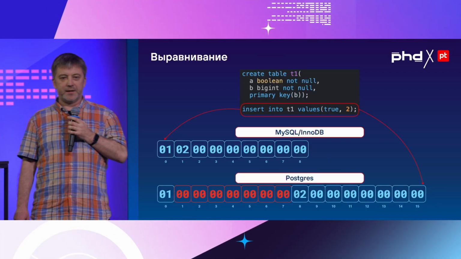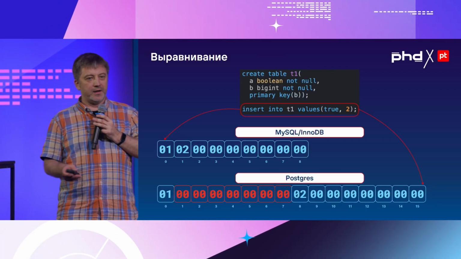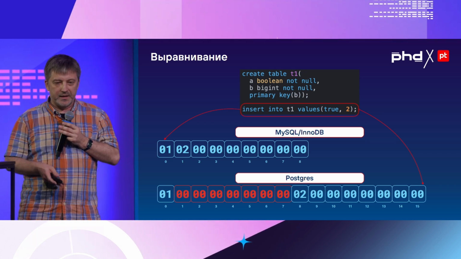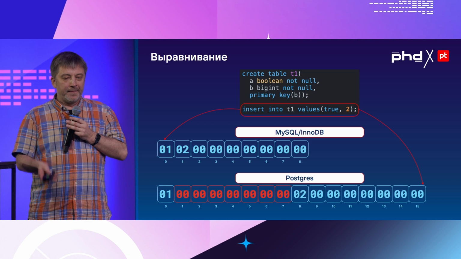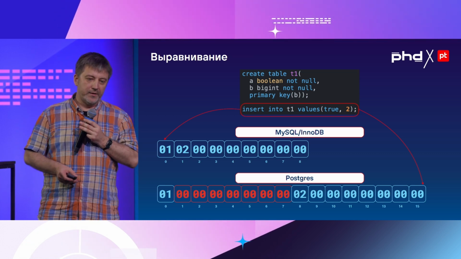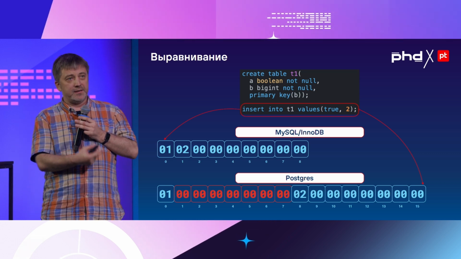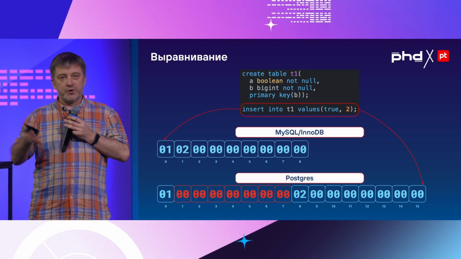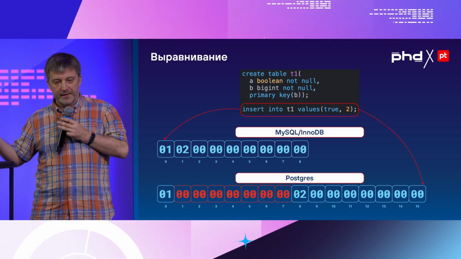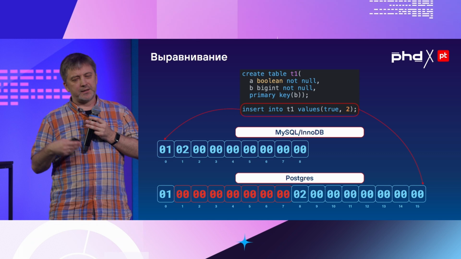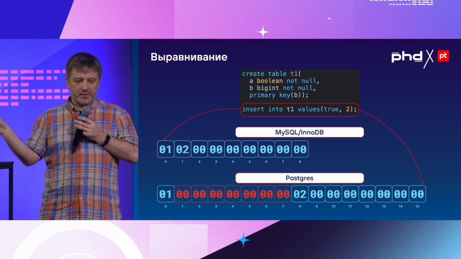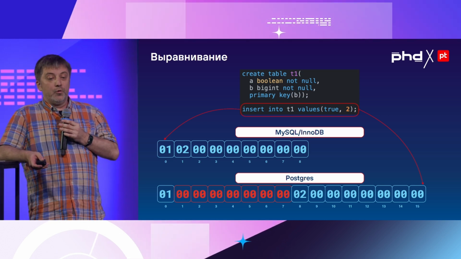The problem that's not so widely known among users is about alignment. So if you create a table, A and B, true, false, MySQL or InnoDB will store it on the disk in about this form. Firstly, you have a 0. In this presentation, it means true. Then you have 2, and then you have zeros. No surprises here. And I omit a lot of subtleties, service fields, and other things.